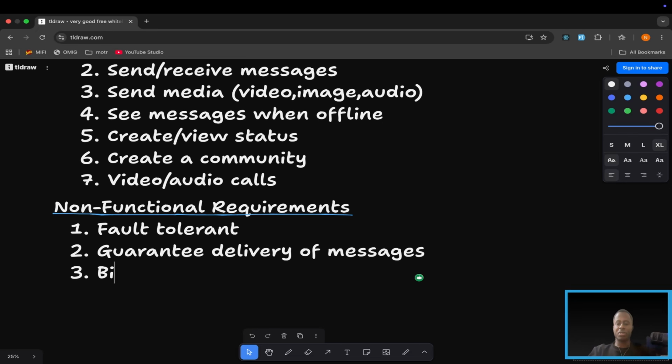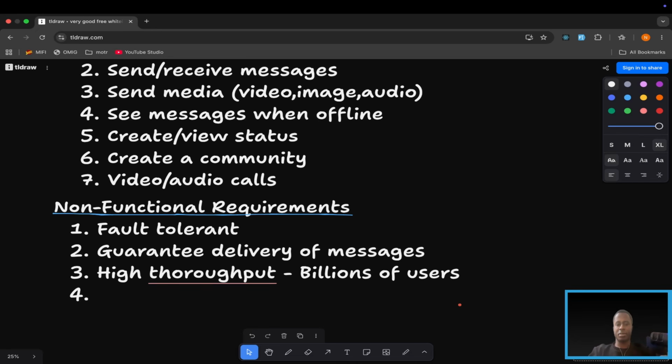So because WhatsApp has billions of users, it should be able... let me first delete this. I want to define this better. The best way would be to simply say high throughput. We need high throughput because of the billions of users. Then what other non-functional requirement comes to mind? Looks like I'm struggling with spellings today. Okay, then